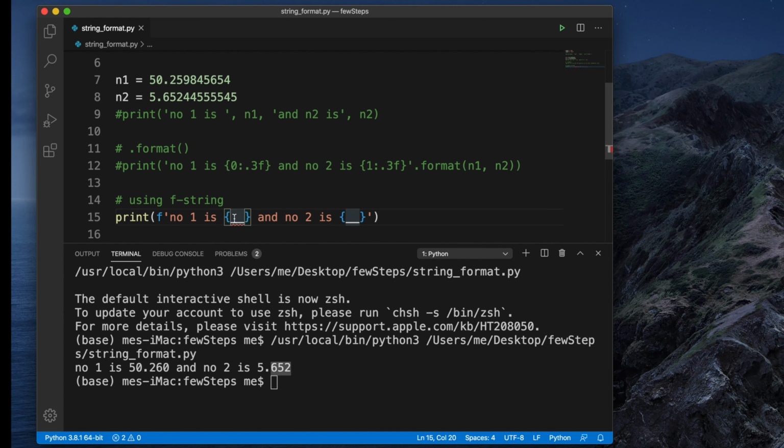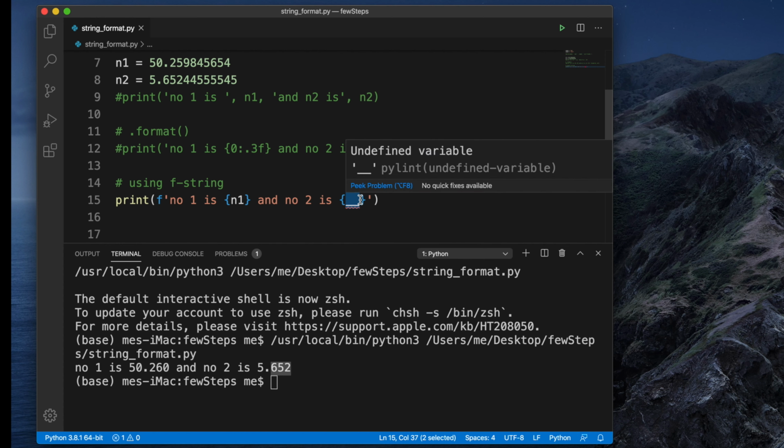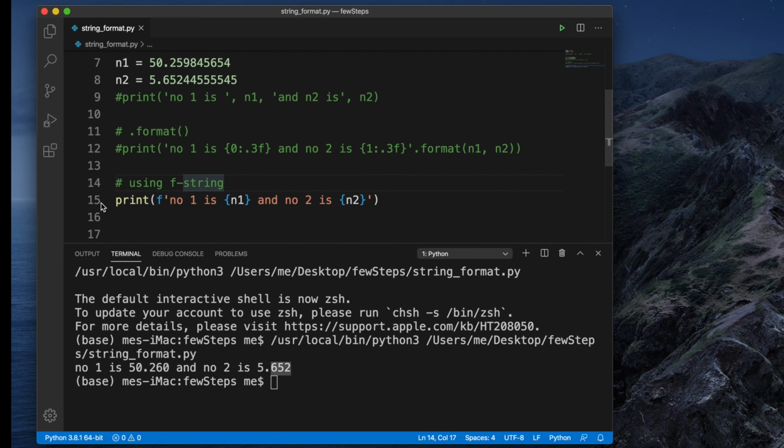Okay, but inside this argument, previously we put like 0 1 2 3, something like that, right? But now we will not put it like that. We will directly call the variable name here. So we can call n1, and then also here we can call n2 directly. Okay, and in this way we can check. This is very easy to read, right? I think so. So number one is n1 and number two is n2, and there is very little chance that you will make a mistake. And before that we are using f. This f is like raw format. Do you remember that before that we used r to figure out the raw format of this thing?